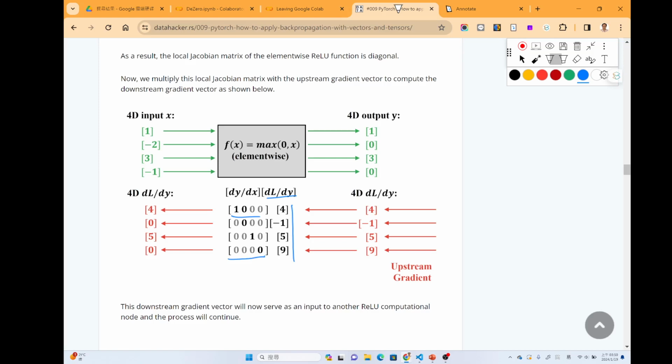But actually, most of the items are 0. Only 2 of the elements are non-zero. So actually, we only need to do 2 multiplications instead of 16 in order to calculate the derivative of the ReLU function.